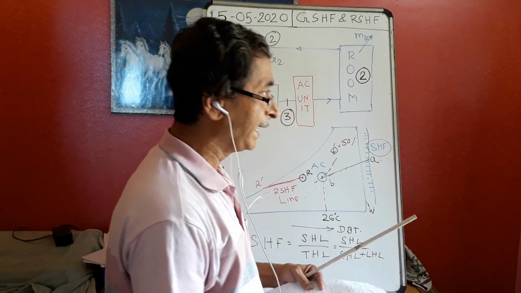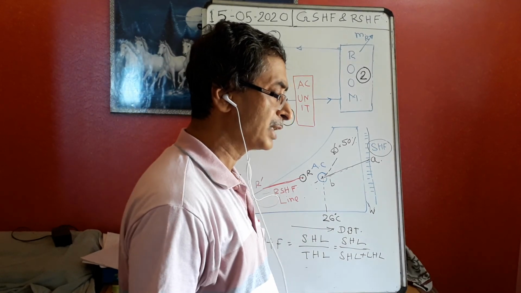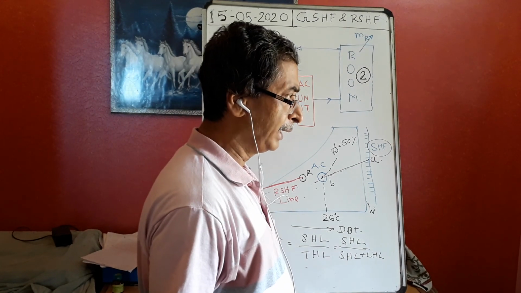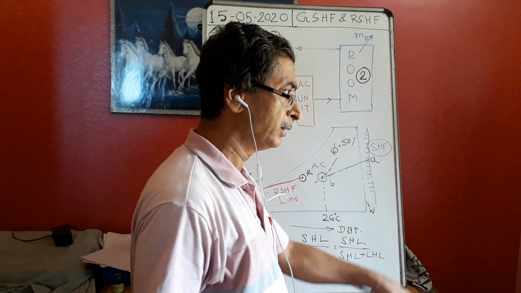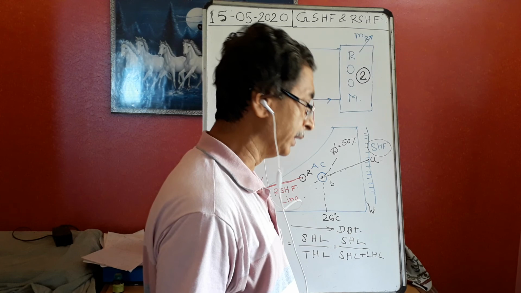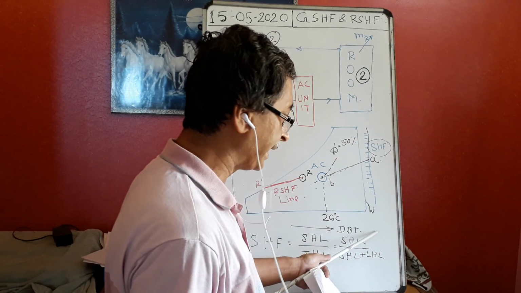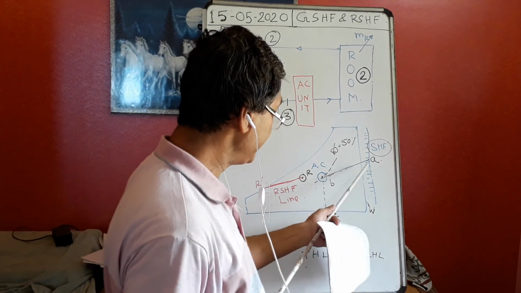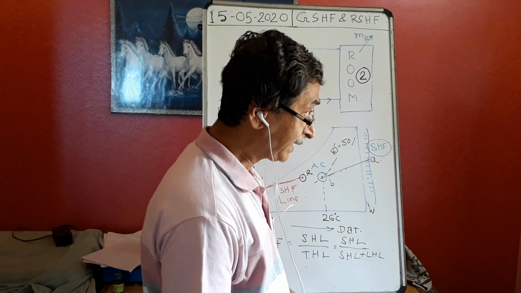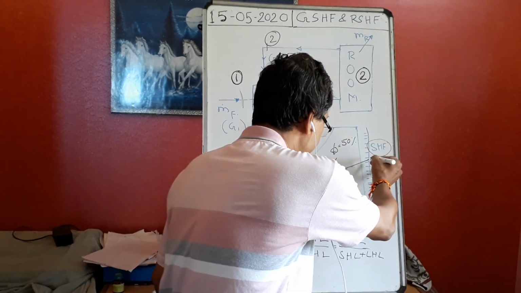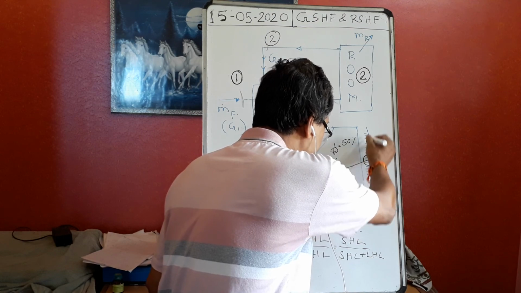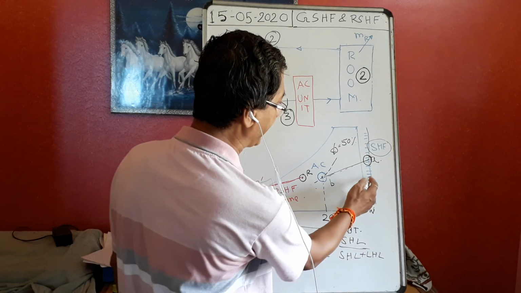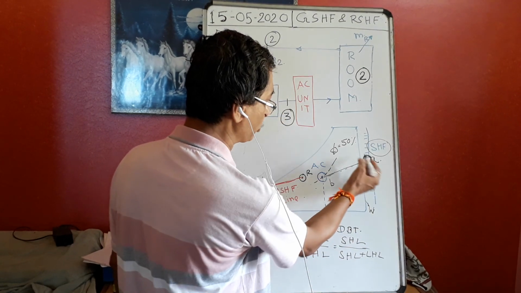So for designing, suppose I am doing a cinema hall. I know so many people will come, so I have to know how much the heat load is. Then I will make the air conditioning accordingly. So before designing a room or any hall, I have to know the sensible heat factor, and it is expected to be known. Suppose in a room, on this sensible heat factor scale, I put 0.8, it can be 0.8 or 0.7. Mostly it ranges from 0.8 to 0.7. For a cinema hall, it is 0.8 to 0.7.